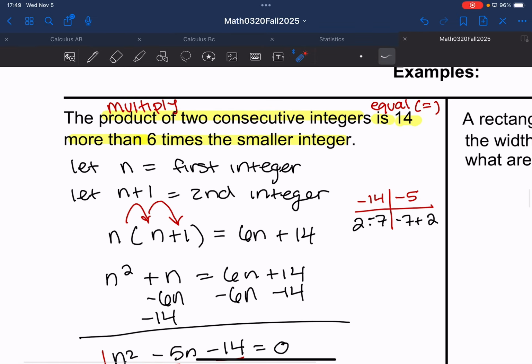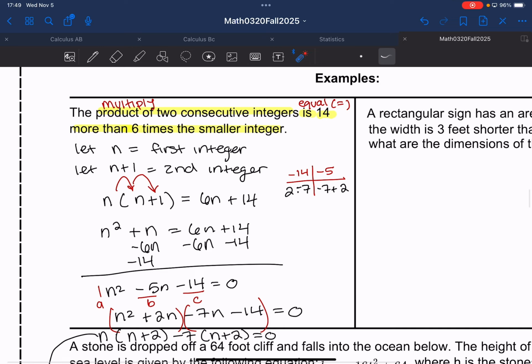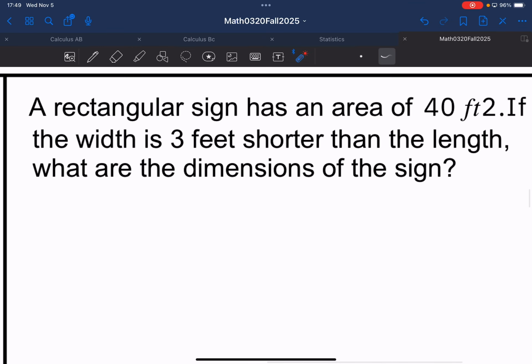If you're going to remember anything from these notes, it's this first problem. That's it. Okay. So then the next one